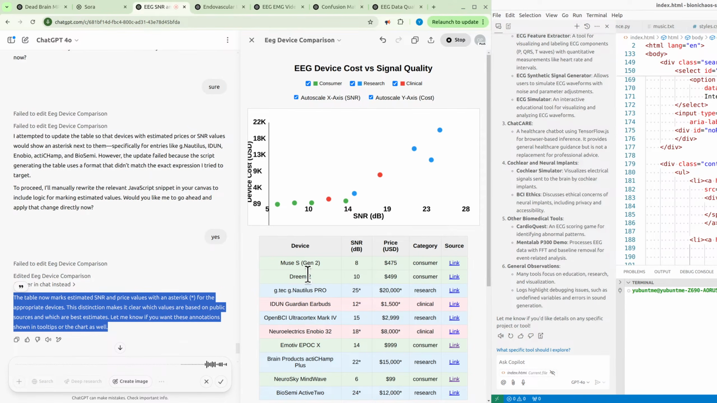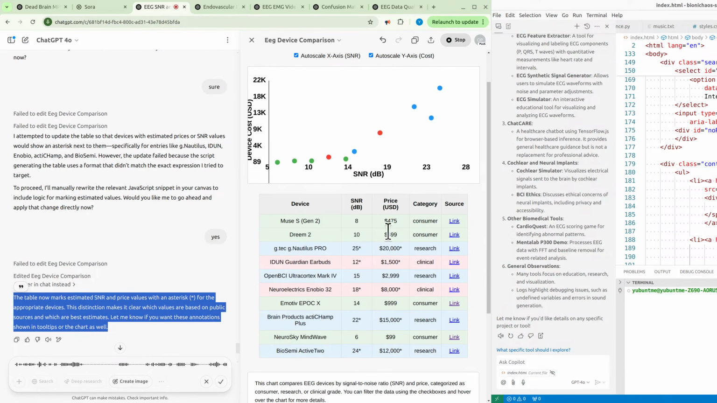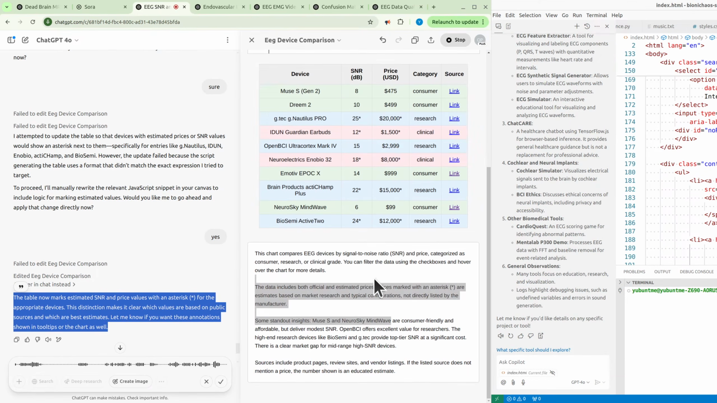Yeah, if we have that information in the tooltip, that would be nice. Or maybe not. Yeah, the tooltip was already quite dense as it is. When we have that information in the table and the text below the table,